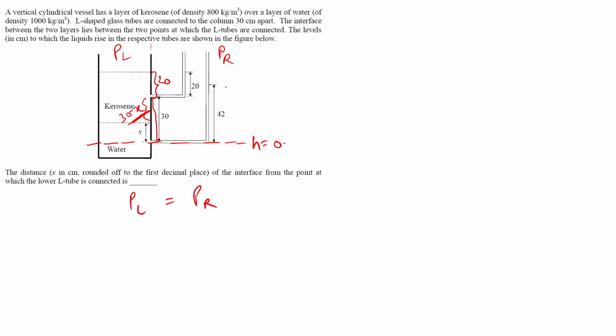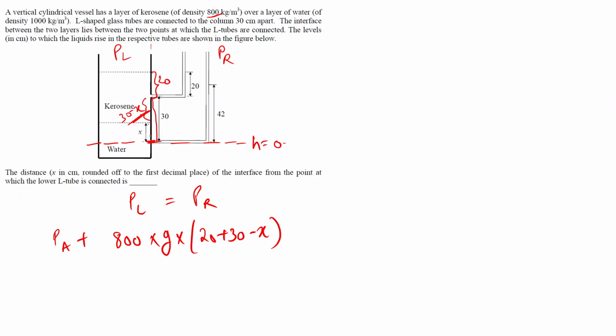And on the right hand side, since we are considering this as the reference, we will only consider this arm, and over here the height is 42 centimeter. So now we can use this information and write the pressure balance. On both the sides, let us assume that the atmospheric pressure is acting. P atmospheric plus pressure due to this kerosene, so it will be density 800 into gravitational constant g into the height of kerosene, that is 20 plus 30 minus x,